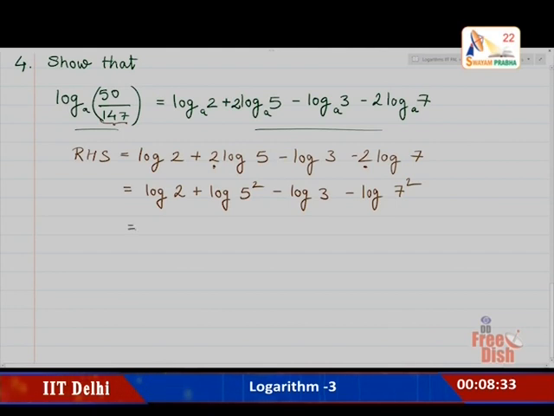So we have put that, then we will use the multiplication law and quotient law together and say that this is equal to log of 2 into 5 square upon 3 into 7 square. Okay. Now what will this be equal to? 5 square is 25, 25 into 2 is 150, log of 150,